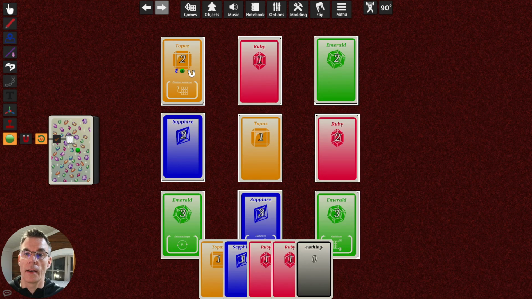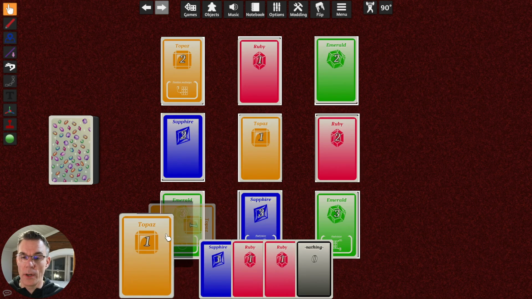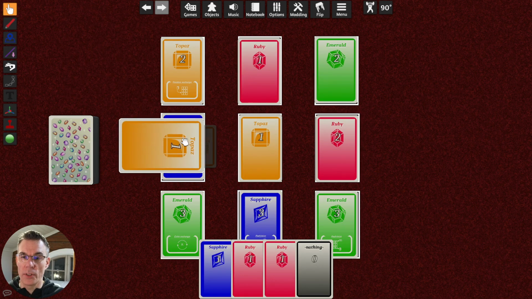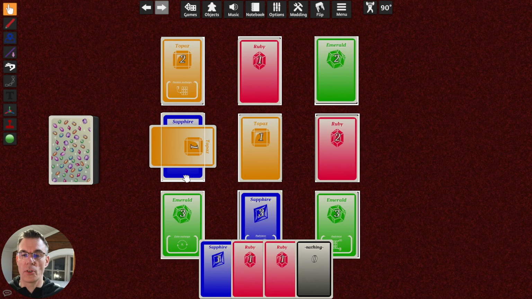So clicking 6 times makes it rotate 90 degrees. So like this, like so. And now when I put a card on top of another card, you see that it automatically rotates to the correct position.